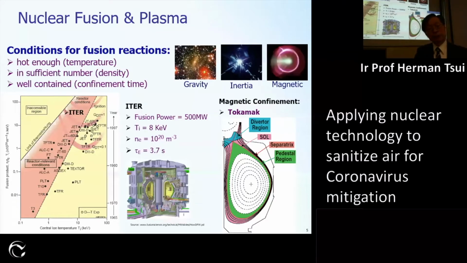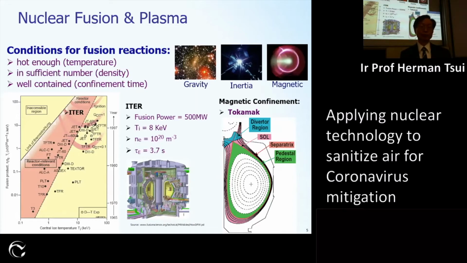So if you look at this diagram on your left hand side, the lower corner, the y-axis is related to what we call the triple product. That is the product of the density, the energy confinement time, and the temperature. And the x-axis refers to the energy of the plasma, the gases. And if you look at the bounded area, right to almost the right-hand top is the condition we need to achieve the new fusion reaction in a proper